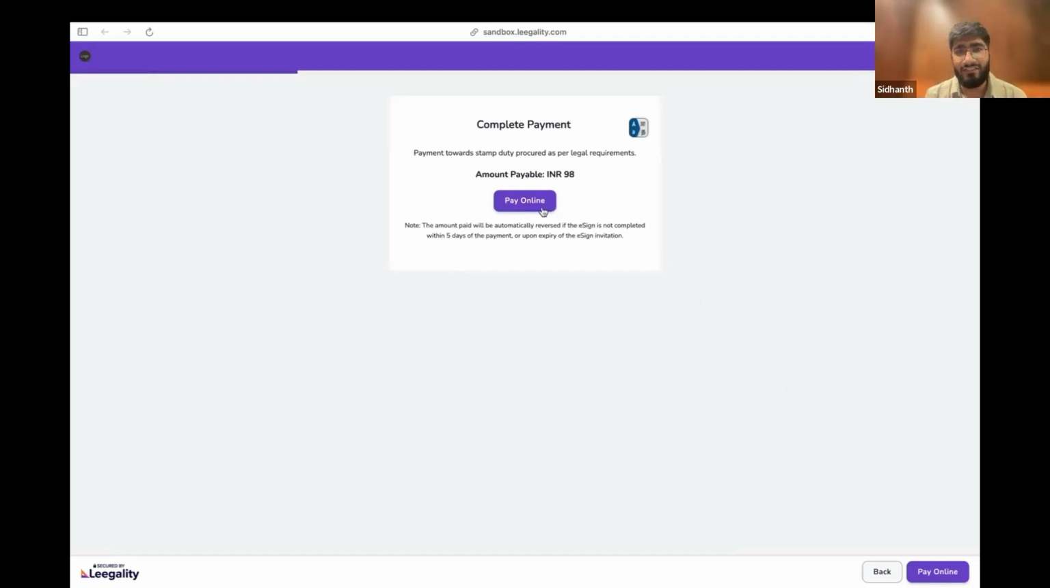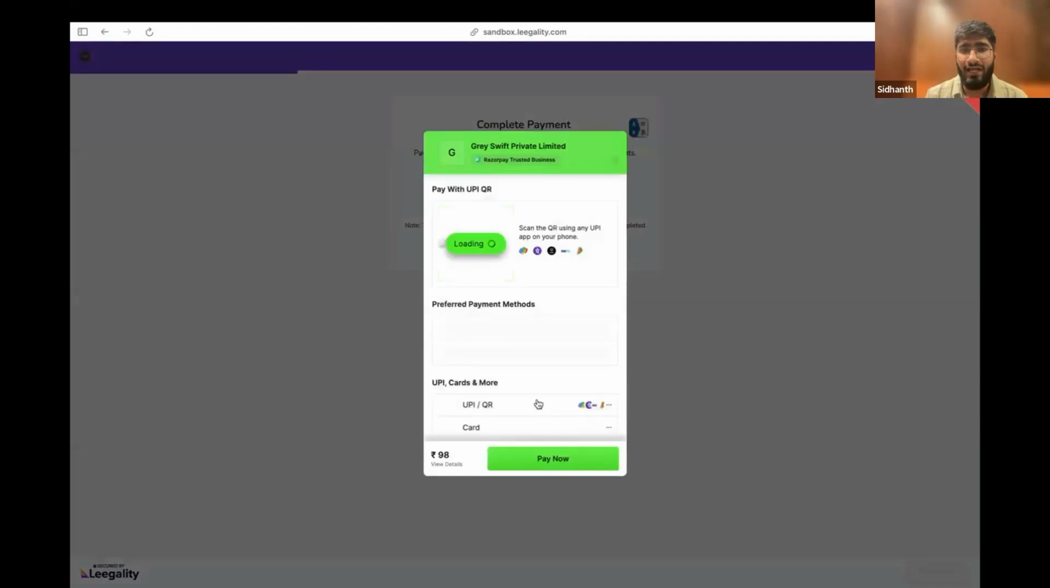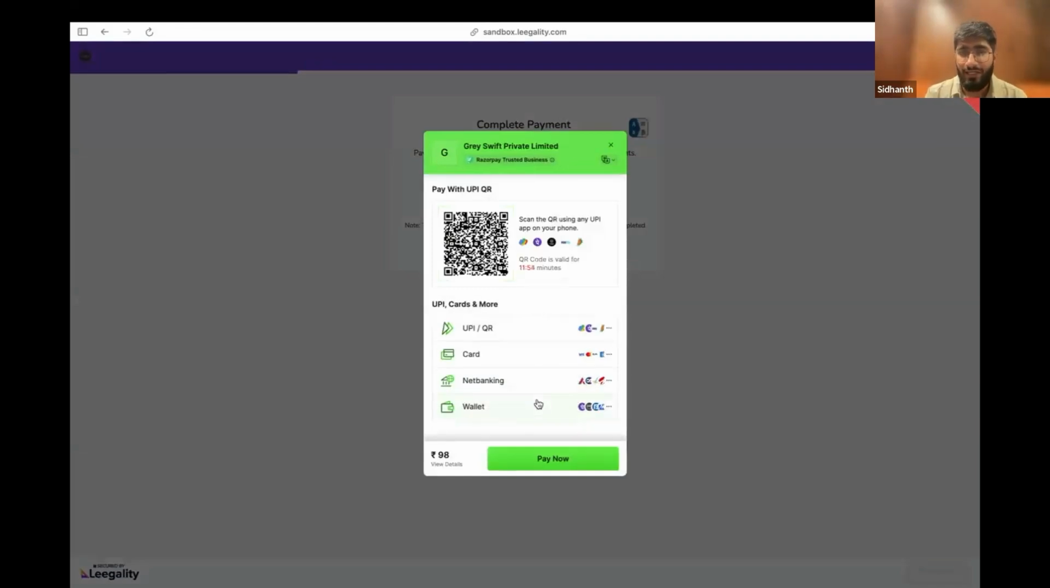We have payment gateways integrated in our journey, and this is how it works. The customer gets a payment prompt. They get to see what the amount payable is and what the payment is for. So here, payment towards stamp duty procured as per legal requirements, and the customer needs to click on pay online,